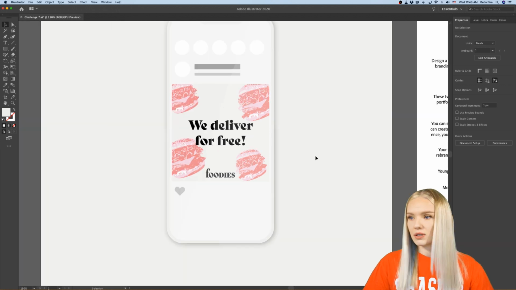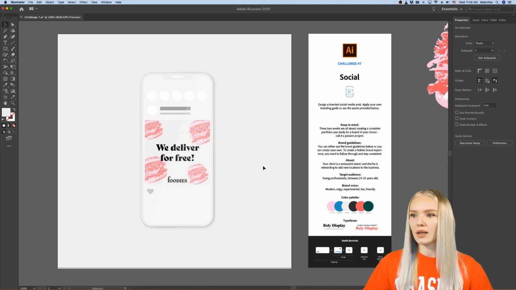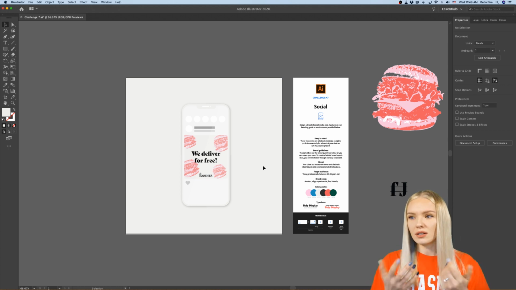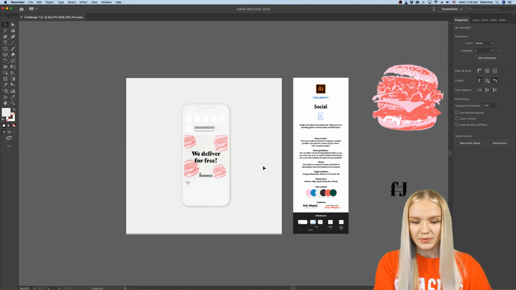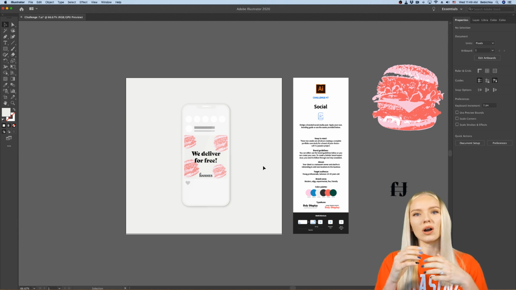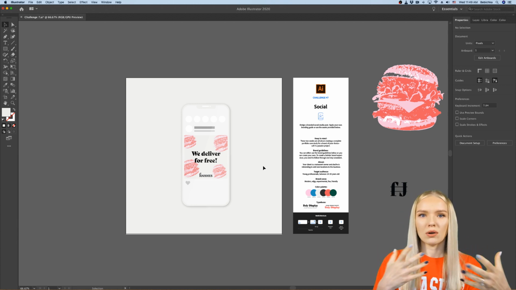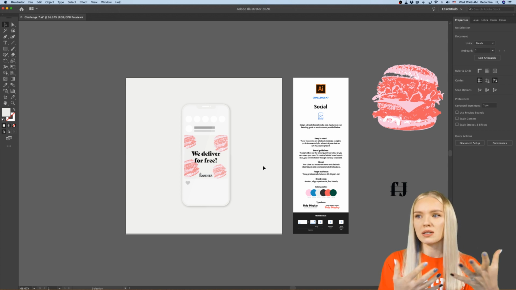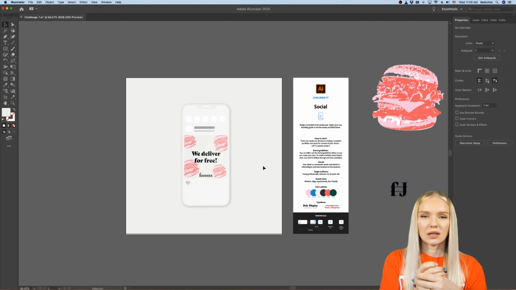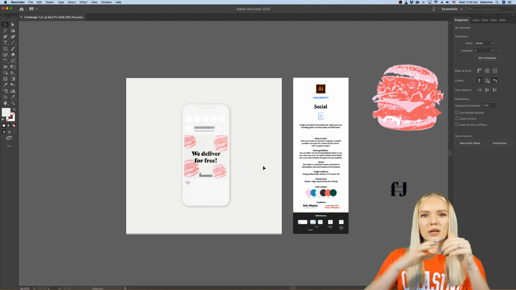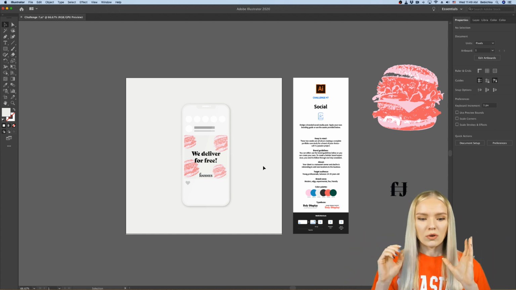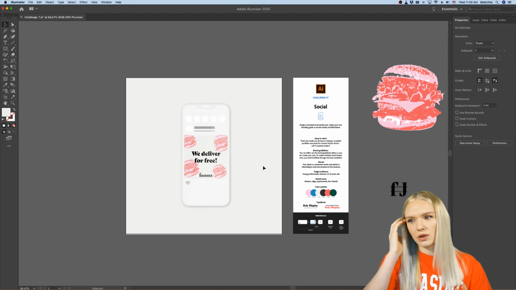This is the goal here, to make it nice and simple and still look kind of appealing. And the most important thing is that the mockup does not overwhelm too much and take away from the post itself. That's why for me it's important when I'm creating mockups that the mockup is more simplified and simplistic. I don't like too much overload on color and patterns and so on. So the most important thing has to be visible first.